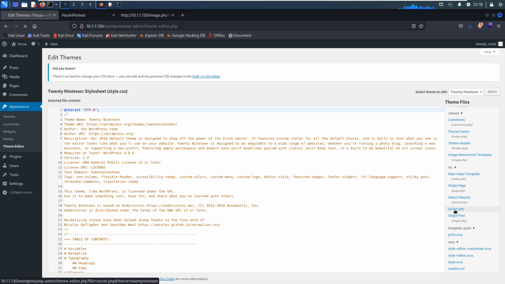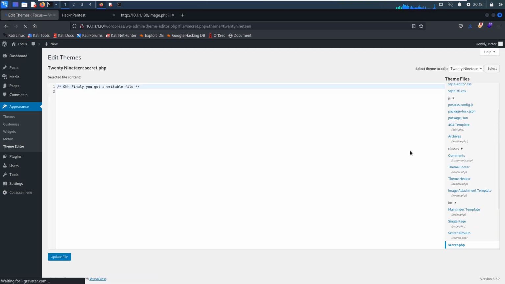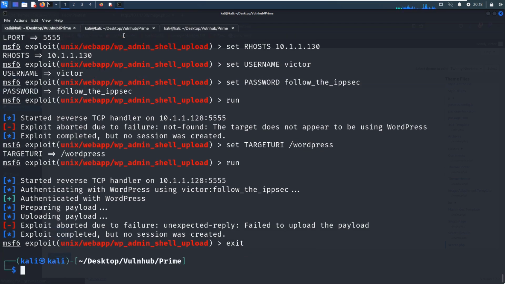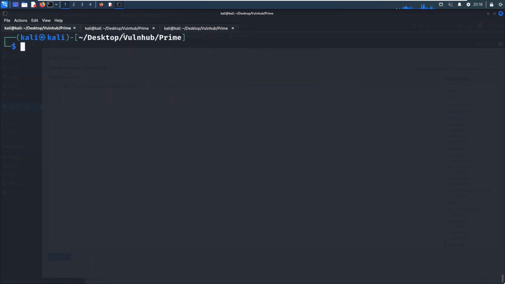Usually, a standard WordPress installation will not have such a secret PHP. And here, as you can see, this button in blue color, we can update the file. So this time, I think we can exit from the Metasploit console.